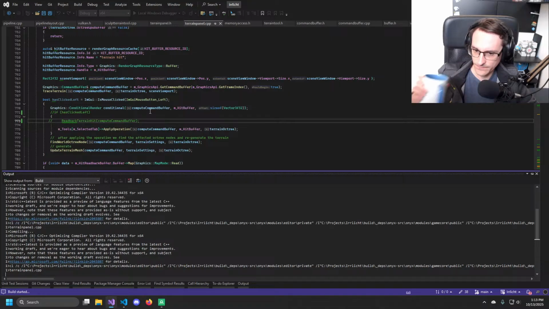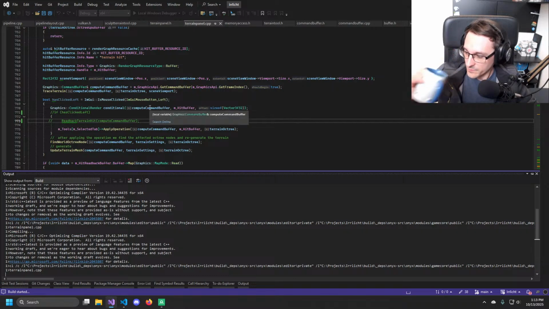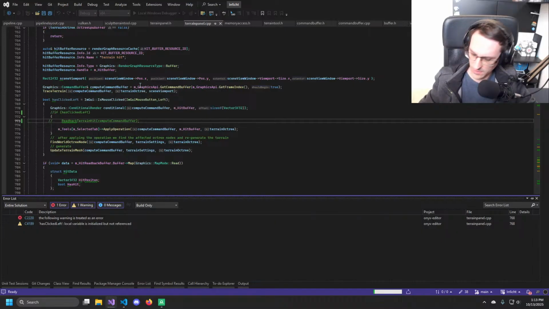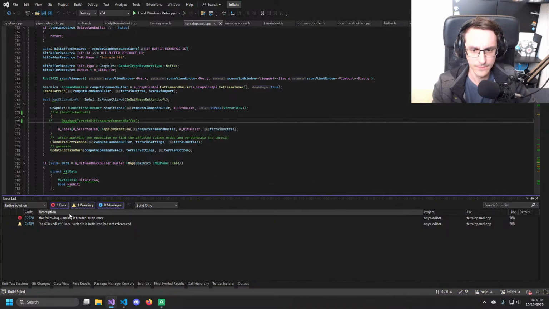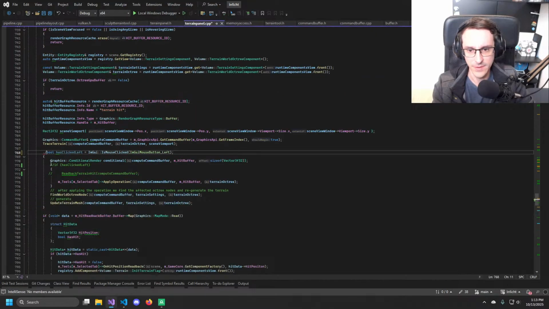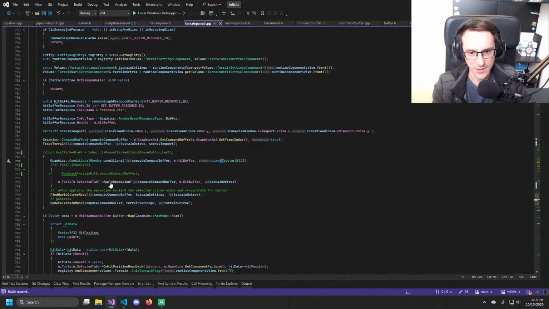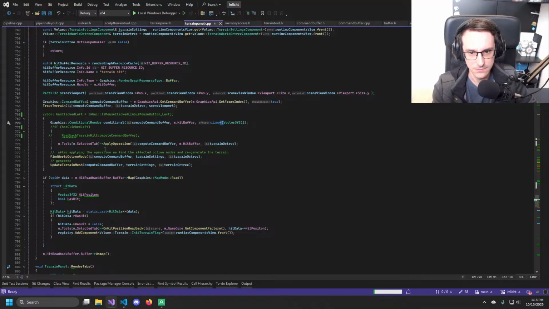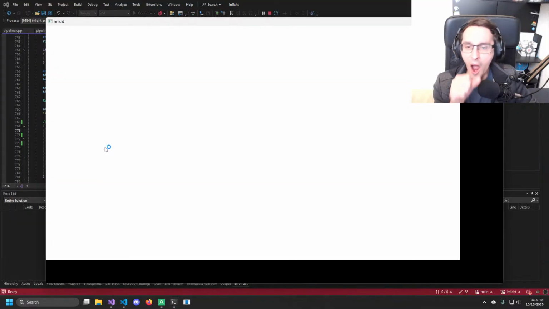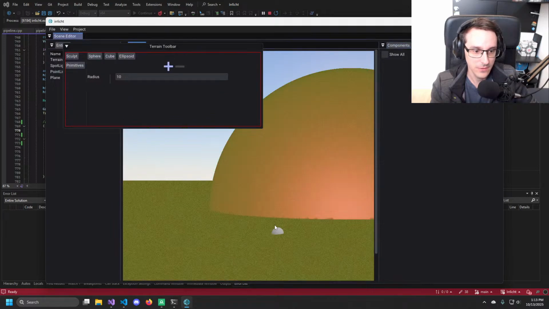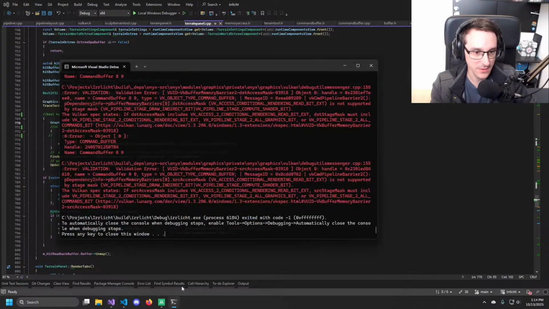So yeah, basically it seems some issue with the conditioner rendering, because for some reason everything works fine without that. But then it just stops working as soon as I have the conditioner rendering here, which is a little odd. Alright, so do we have a working shader? Looks like it. Yeah, we don't generate, which makes sense, but